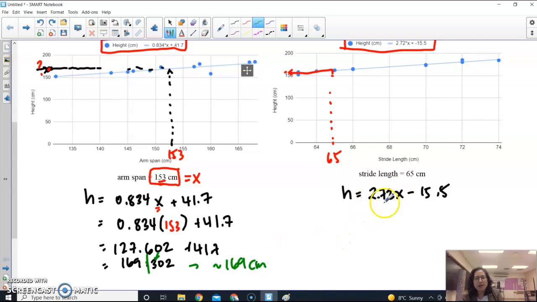Next, I'm going to do the same thing with this one, but instead, the x is going to be the stride length. So my x is going to be 65 centimeters, and I'm going to be substituting right into here. Okay, so I'm going to predict my height using stride length, but I have a different value for the stride length. I'm going to take out the x, put in a set of brackets because I'm going to be substituting, and I'm going to be minusing 15.5, but in place of my x,